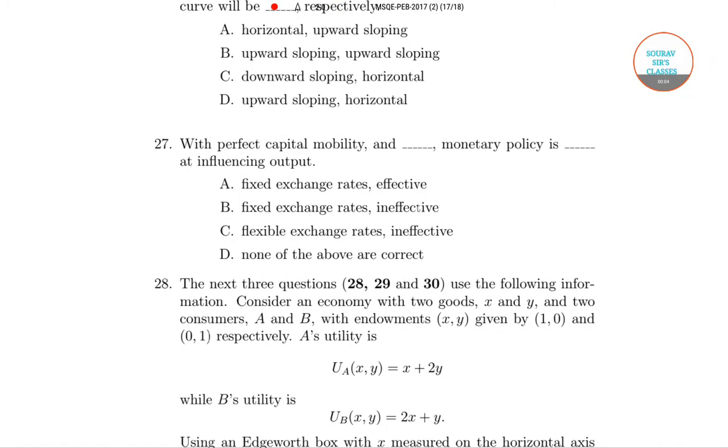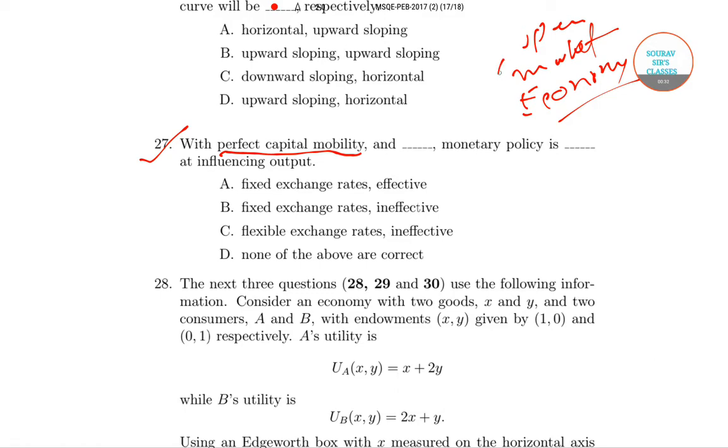So in today's video we'll be solving question number 27. In question number 27 it is given that with perfect capital mobility, that is capital is mobile between countries, it is a case of open market economy. Okay, so in open market economy it is given that